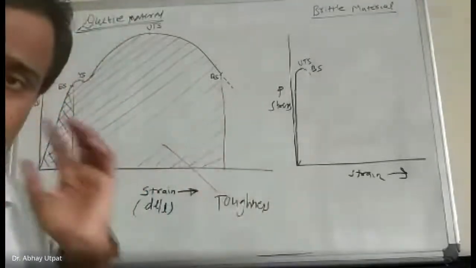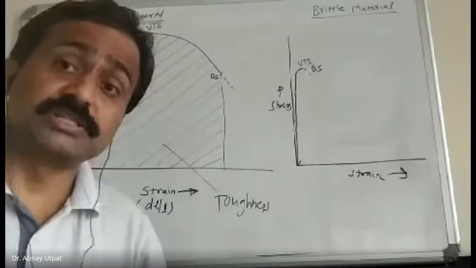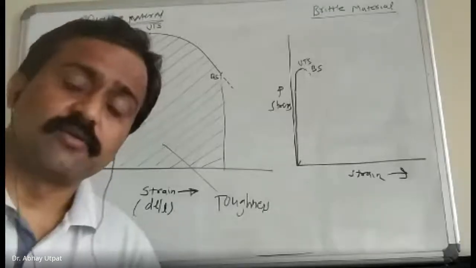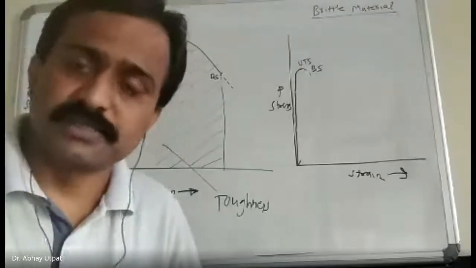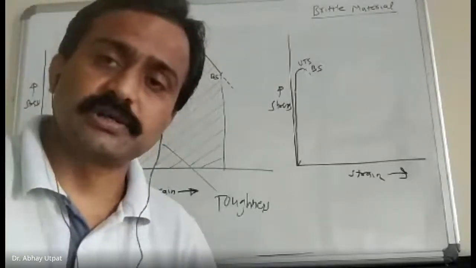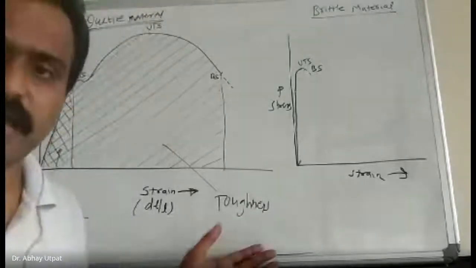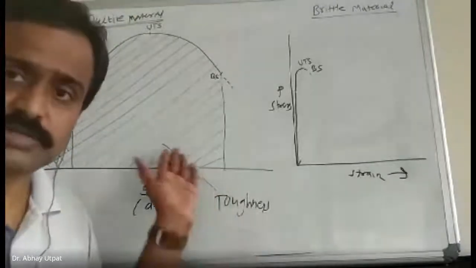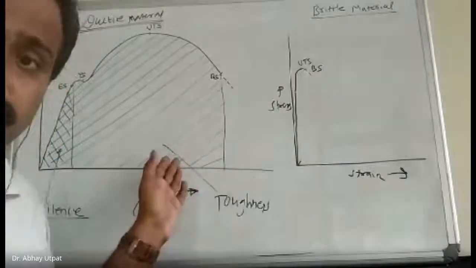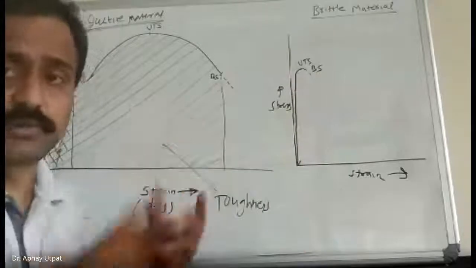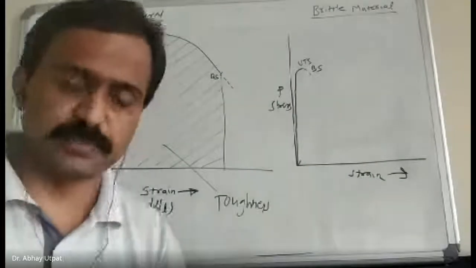One more test is there called the impact test. It gives relative toughness. So this is an MCQ question as well as an oral question: which of the following gives true toughness? The tensile test gives true toughness and the impact test gives relative toughness. If the aim of the tensile test is not to measure toughness, it is automatically coming with other properties because it is the same thing. You have to plot, and after plotting, you have to measure the area. Again, the shape is complicated; you have to apply geometrical equations and calculate. To avoid it, relative toughness is made in the impact test. That is the next experiment we'll see.